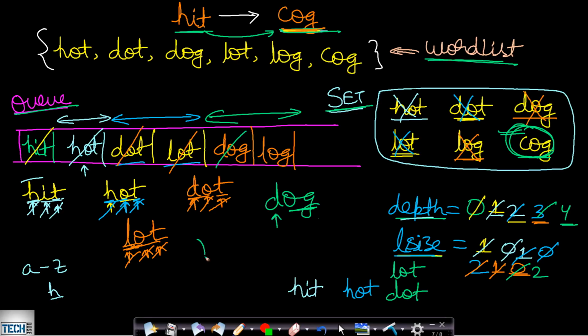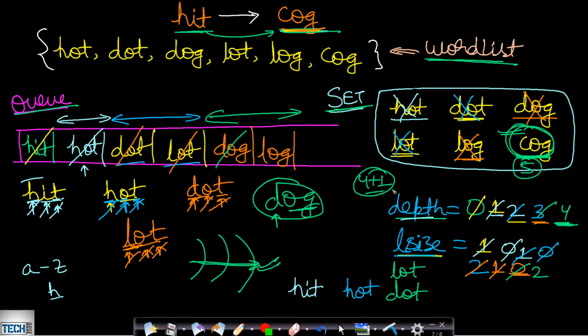And in BFS, since we are moving layer by layer, the first word which we find is your answer because that will obviously be the minimum depth. That is the shortest distance according to the number of edges required. Since you have found it here, and you are processing dog at level 4, and from level 4 this cog will obviously be at level 5, you will be returning depth plus 1, which will be 4 plus 1, 5. You should not be doing any further processing. This is how you can find the minimum number of words, or the minimum transformations required, in order to reach from begin word to end word. I hope you were able to understand.